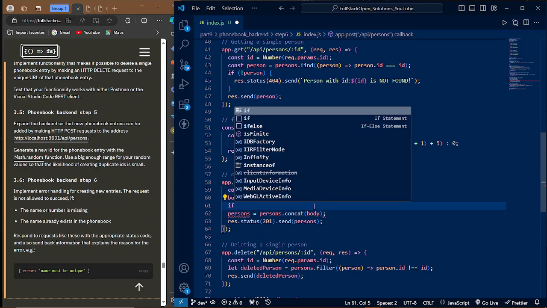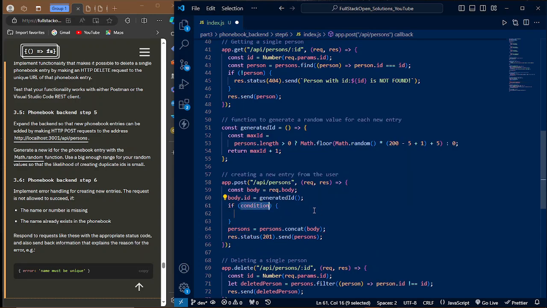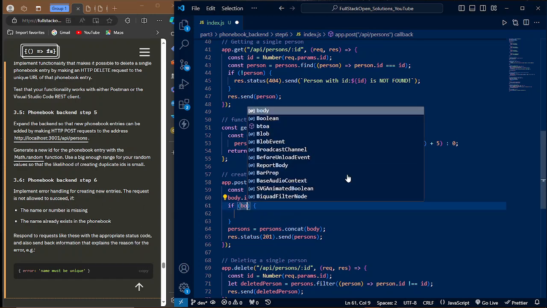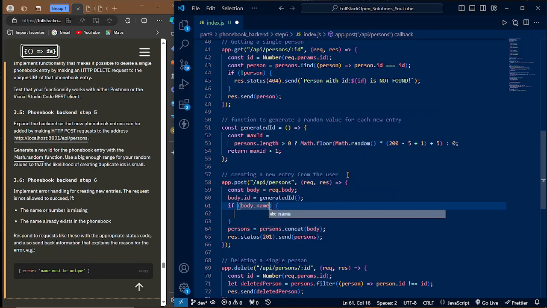We say if, and then we target the name and the number. So to target the name, we say body dot name, right? So if this is true, this means that the name exists, right? Now we need to negate this expression by using the not operator, right? So if this is not true, that means if the name is missing, then we say or